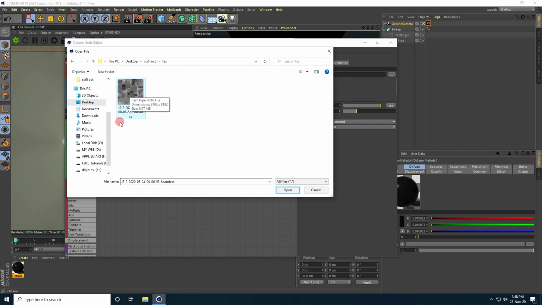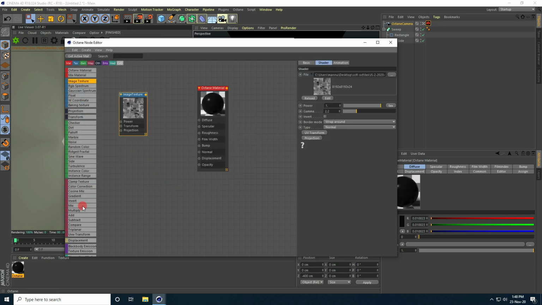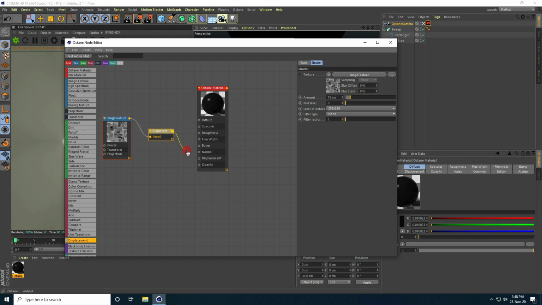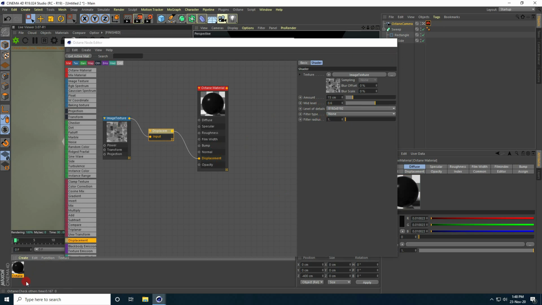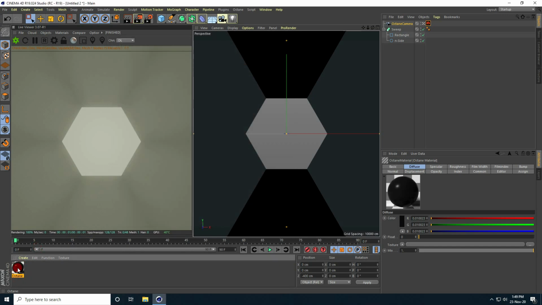That's my texture, right? So go to open, yes, and go to displacement, select this texture, connect with input, and this input connects with the displacement map, yes, and level of detail, take full. And go to amount, I take like 15 is good, and mid level I take 0.6. Yes, that's it. So close.